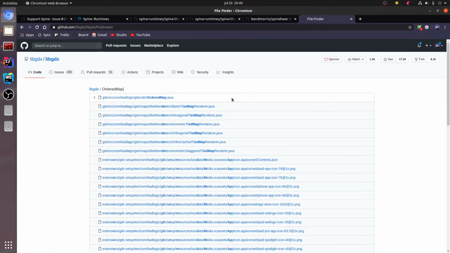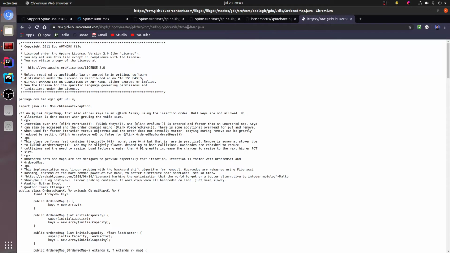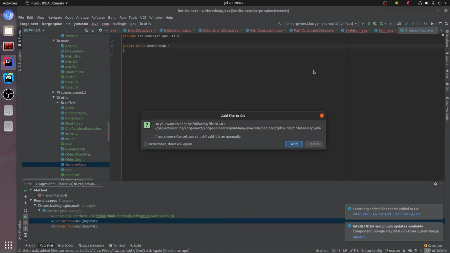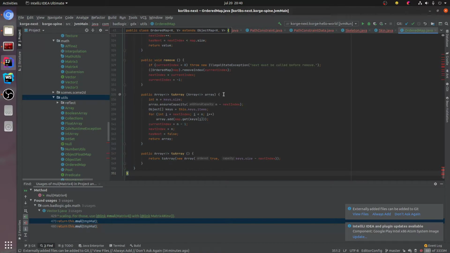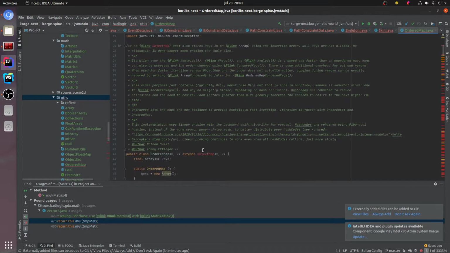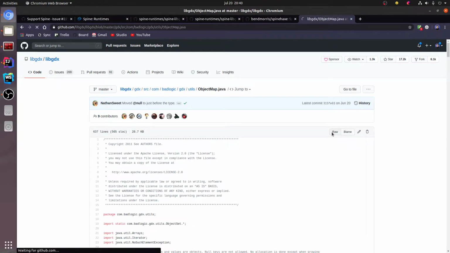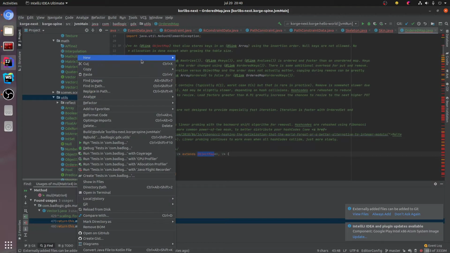In the end, most of them are just utility classes, so it shouldn't be a real problem. Most of this functionality